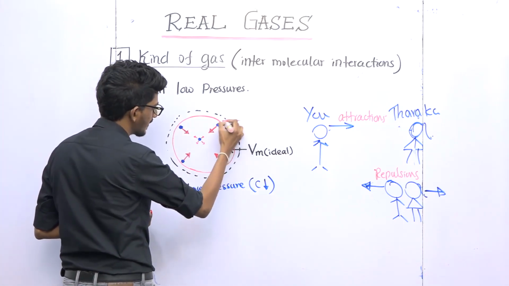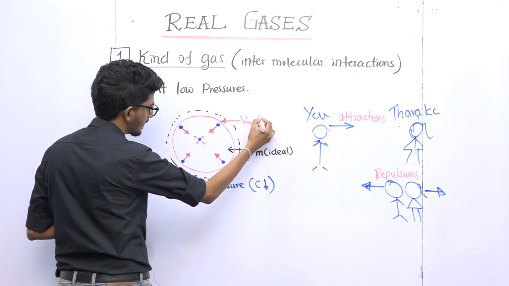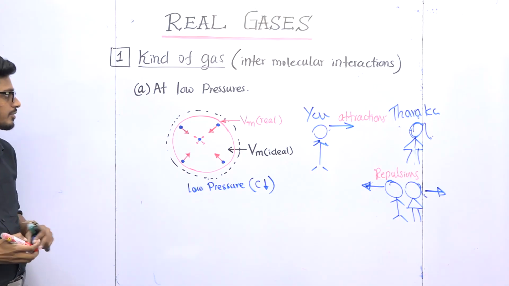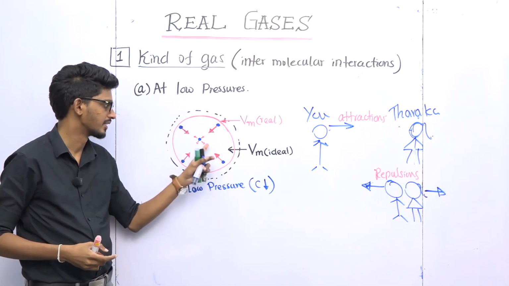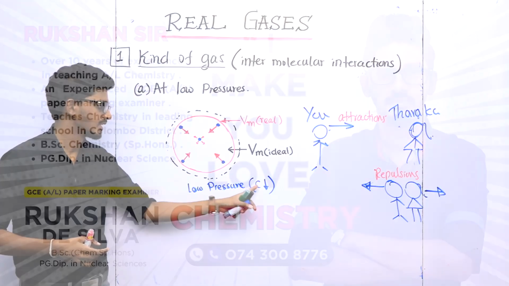So this is the volume of 1 mole of gas when the attractions occur. The attractions are the ones which will predominate with the low pressures as the particles are a bit closer to each other. Why am I saying so? Because low pressures mean